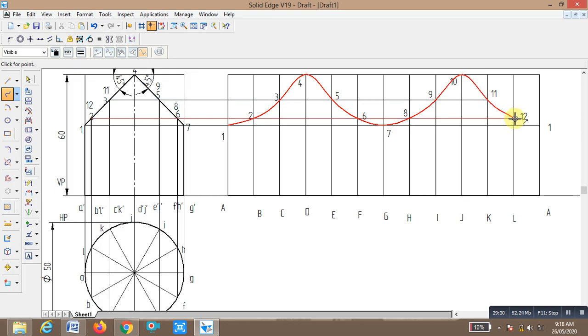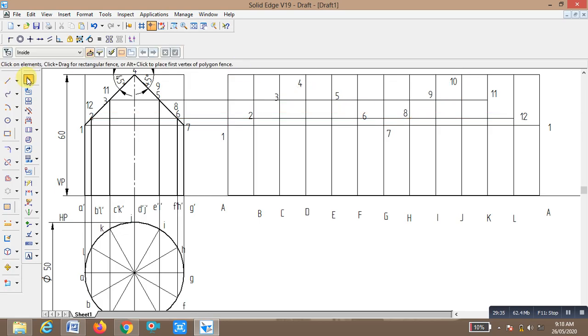Split. Select arc command, curve command.